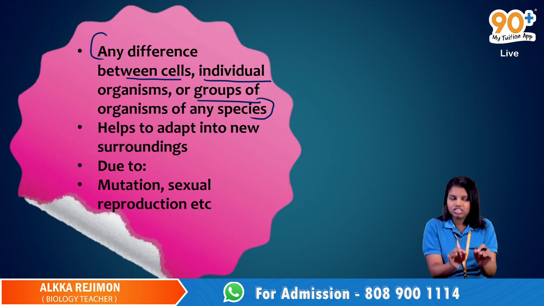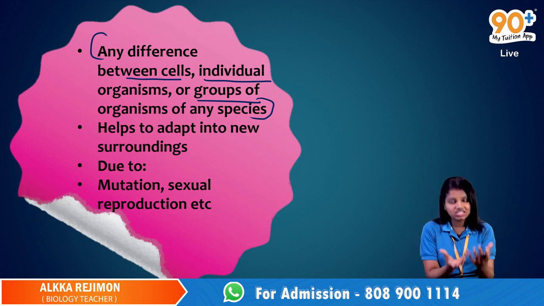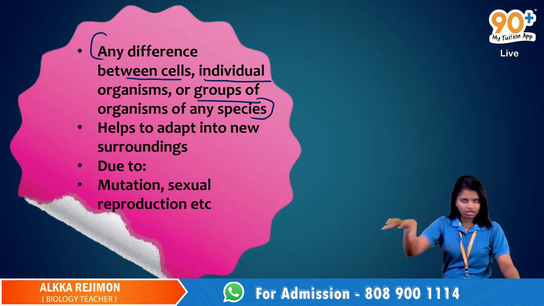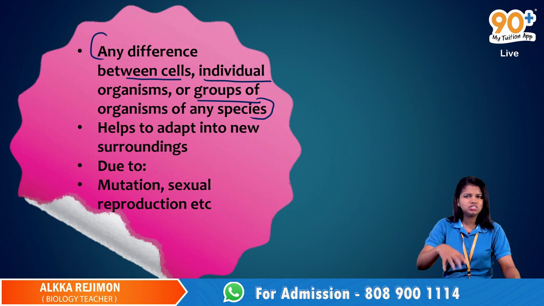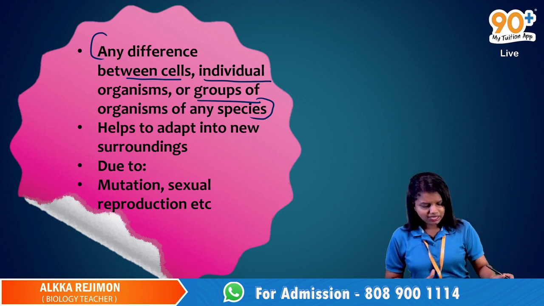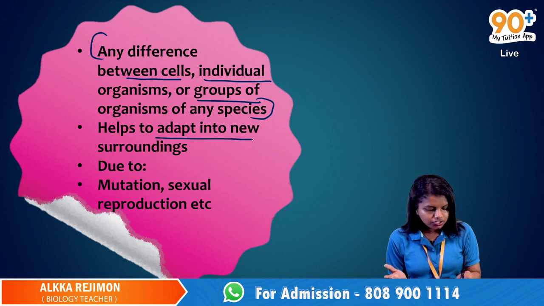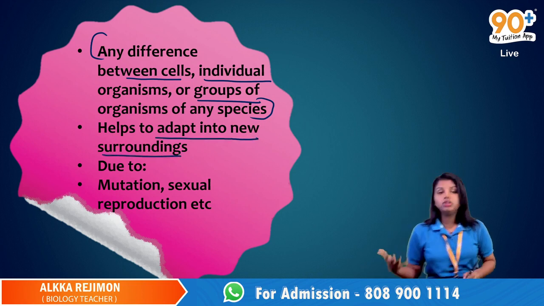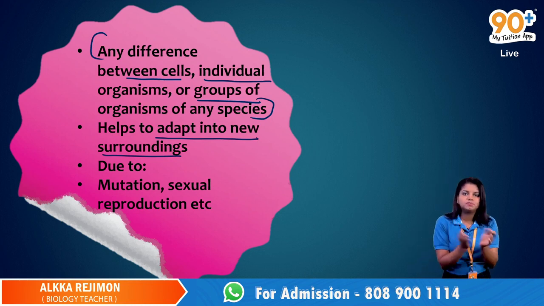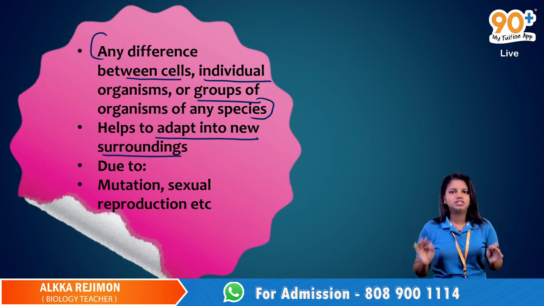That variation, that difference, can create a surviving capacity in each individual, and that particular property can be seen among a species, among different species, or among a population, etc. So basically these variations are useful to getting adapted into a new surrounding. So the adaptation capacity of a species is basically depending upon the variation or the difference that is present in